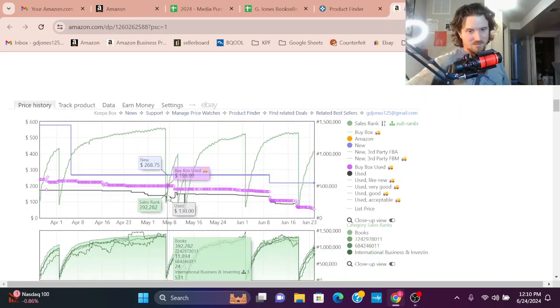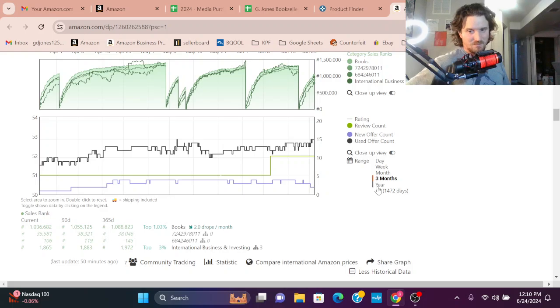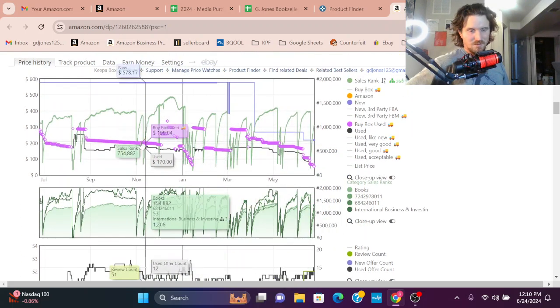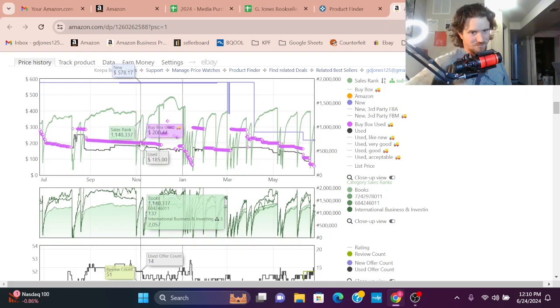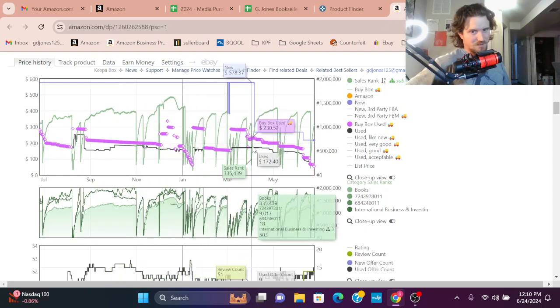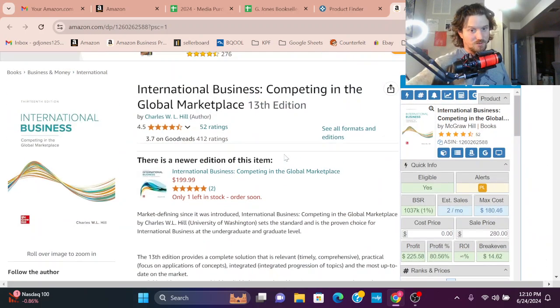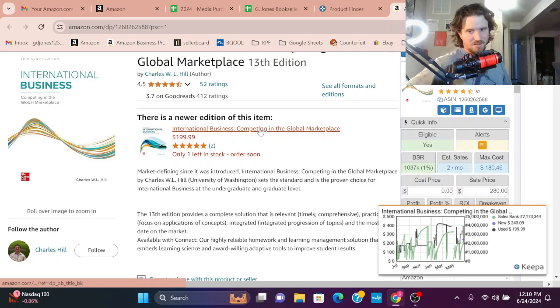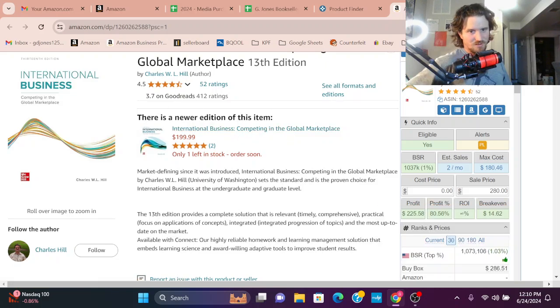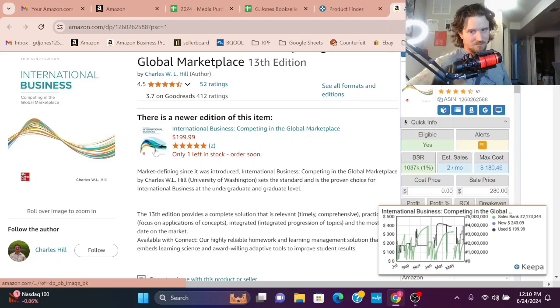Okay. Let's see. These ones I'm always concerned about. There are plenty of sales up here, anywhere from the 130s to the 200s. But you see right here, there is a newer edition, and it's almost the exact same cover and everything. Looks like it's been a part of it for a minute. So that concerns me, just because